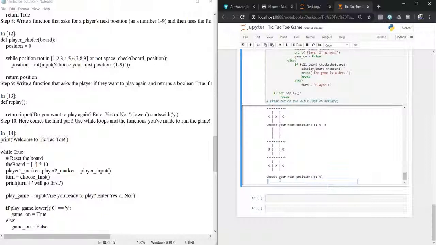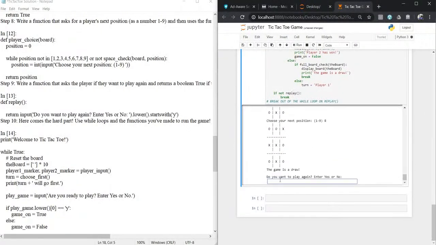Or here it should not come, suppose 5. 5, 6, 7, 9